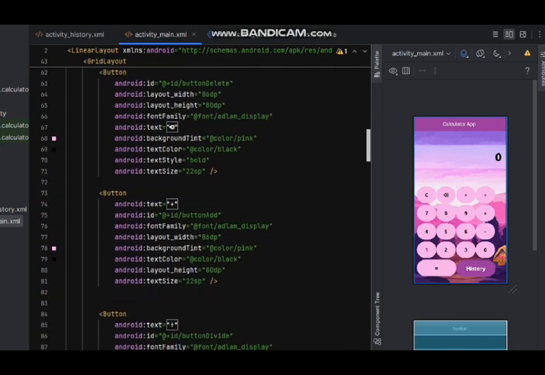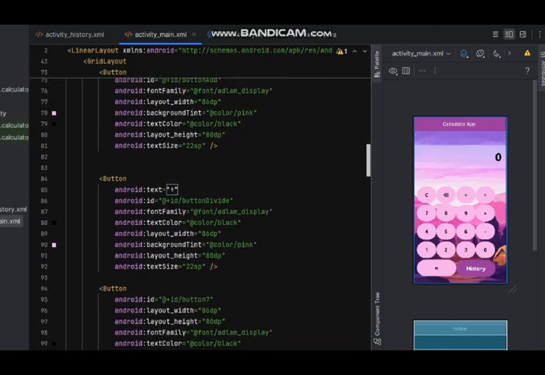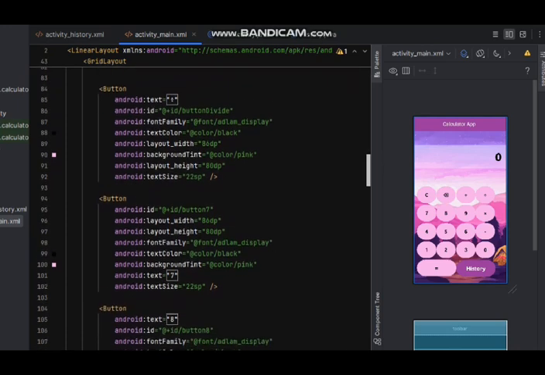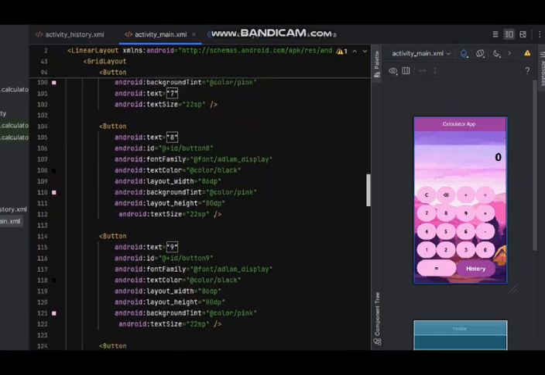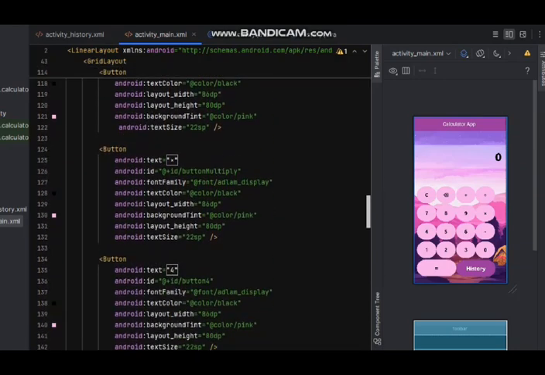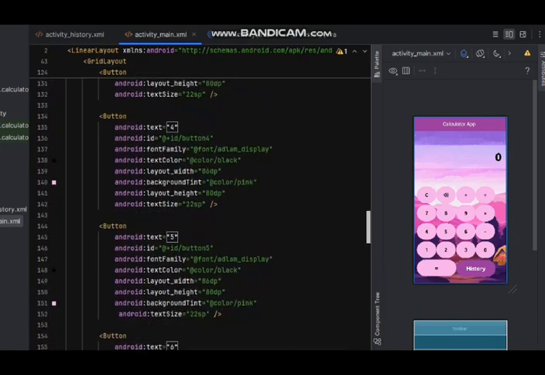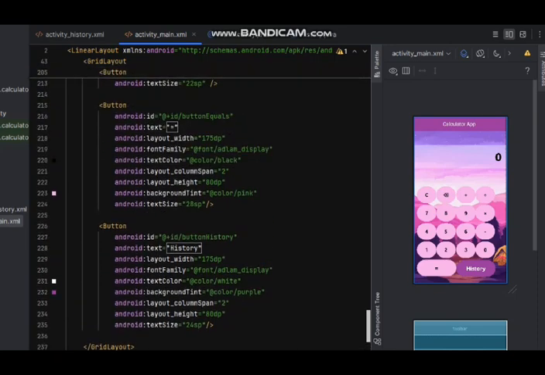Calculator buttons are organized in a grid layout with 4 columns and 5 rows. It includes buttons for digits 0 to 9, operators plus, times, divided by, clear (C), delete (DEL), equals, and history. Buttons are styled with a pink background, black text, and a custom font, Adlam Display. History button, a wider button at the bottom with a purple background and white text, to navigate to